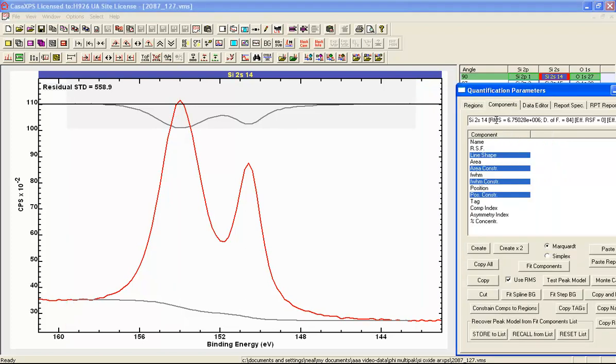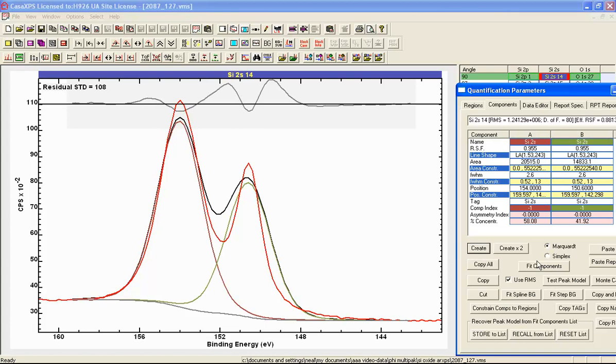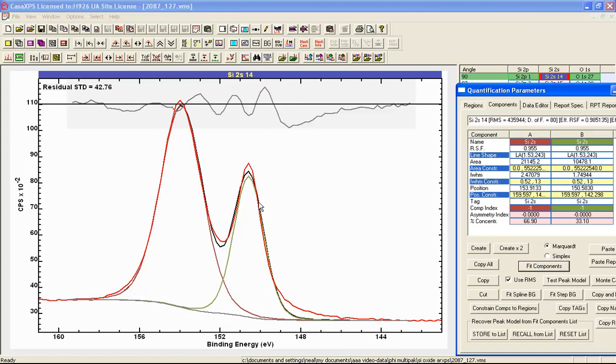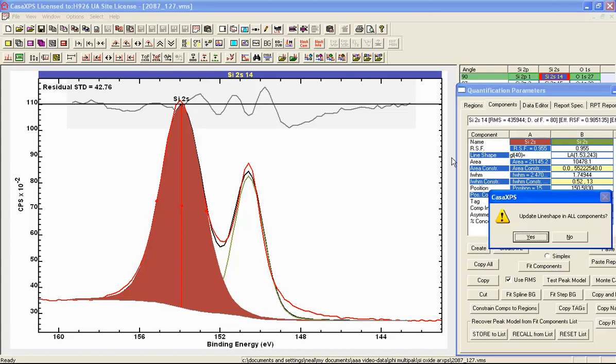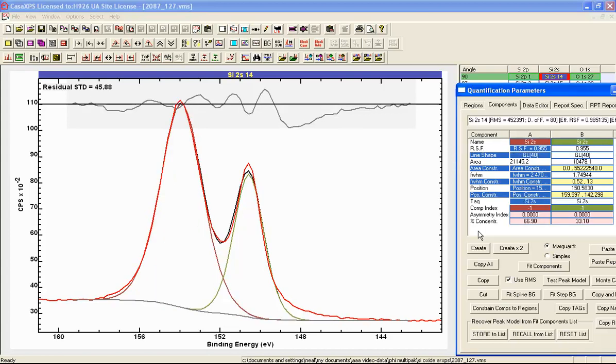The next step would be to add two component peaks, one representing the oxide and one the elemental form. If we say fit, we end up with a fit for these particular line shapes that are not particularly good. There's a significant difference between the line shape, the background, and the data in these wings. So what I'm going to do is alter this line shape, and let's see what happens if we put in a line shape that is a GL40, and I'll apply this to both peaks, oxide and elemental form,